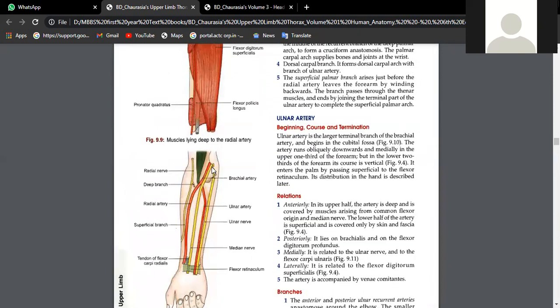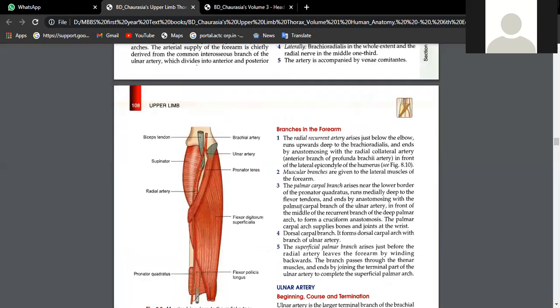Yes, better. Now, we know it is a continuation of the axillary artery. In the arm, you call it brachial artery. And the brachial artery, at the neck of the radius, will divide into two. On the medial side, we have the ulnar artery, and on the lateral side, the radial artery. The radial artery passes through the anatomical snuff box, where it is very superficially situated, and you can palpate the radial pulse. From there, it enters the palm, taking part in the formation of superficial and deep palmar arches. Okay, so this is a rough thing.